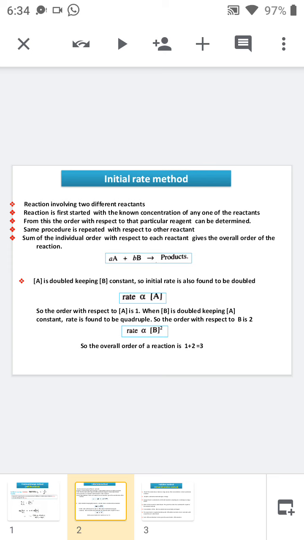Then, the order with respect to A is 1. Here the order is 1 because the power of concentration of A in the rate expression is 1. Then again,